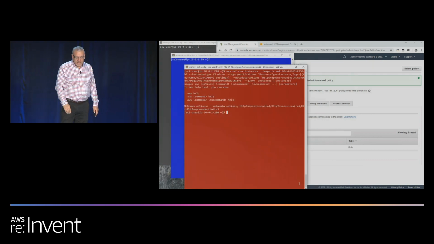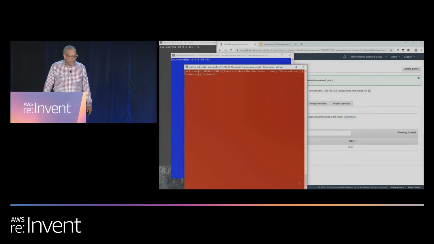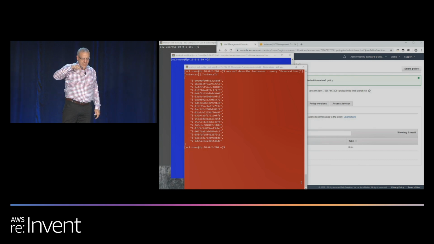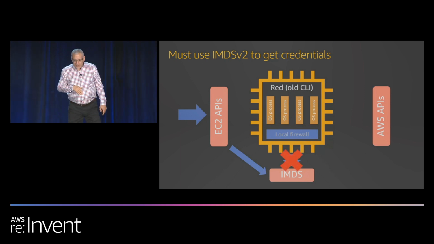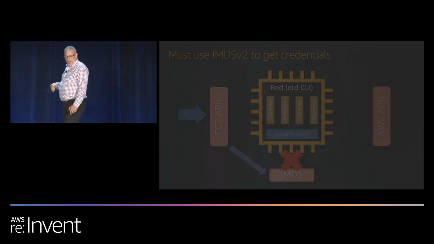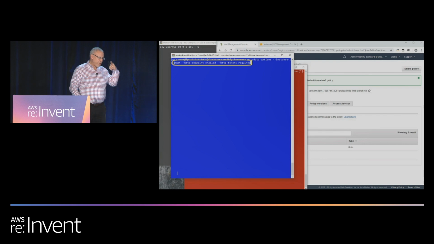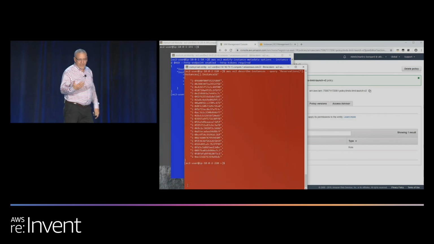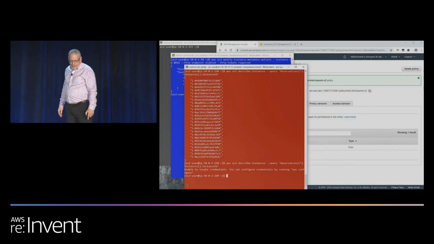Okay, so we're done with that part of our demo. Now we're going to talk about this other thing, which is role delivery, like what happens to the calls I make with the credentials I'm getting from the metadata service. So the red terminal doesn't know about version 2. It makes a call. I'm going to make the metadata service required on red, and then it'll try another API call, and it'll fail because it doesn't know to talk version 2 protocol,